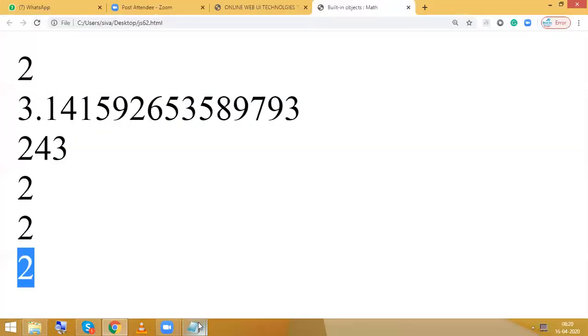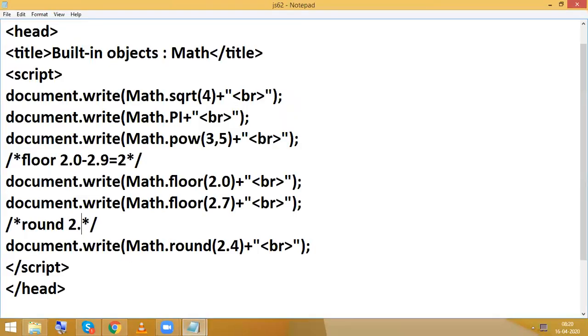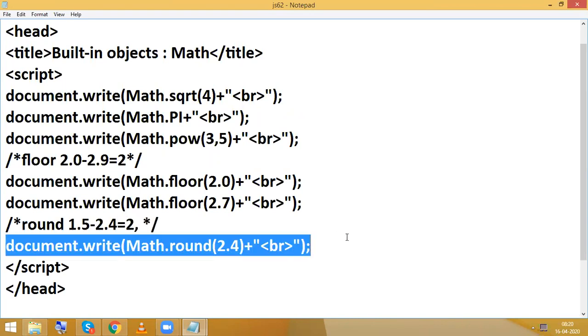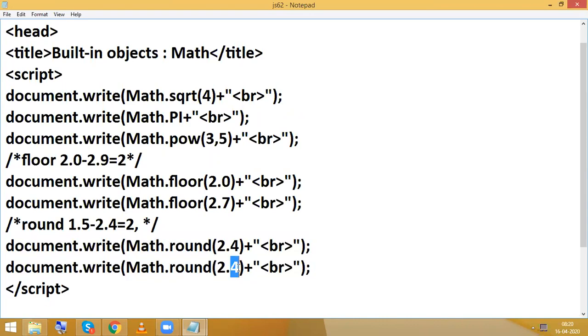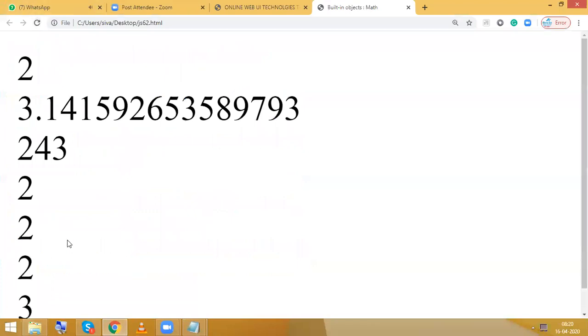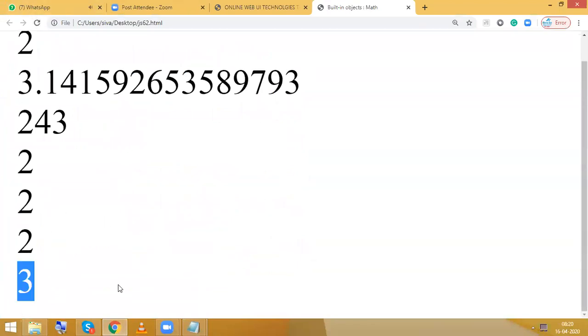So 2.4 also gives 2. Even if I give 1.5, from 1.5 to 2.4 the result is always 2. Now I am going to give 2.5, 2.6, 3.4. Then the result is 3. So from 2.5 to 3.4, any value is going to be considered as 3.